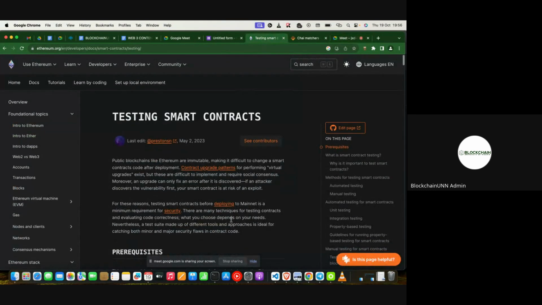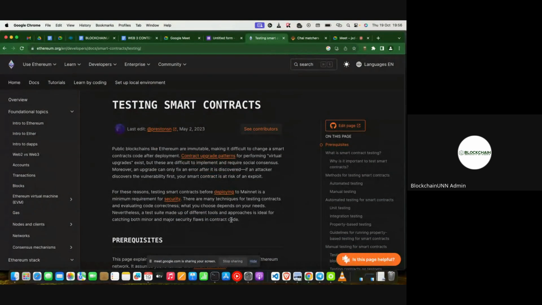Writing tests is very important, especially in a complex field like the blockchain, where your smart contracts, your code, are immutable. It means that once your code is deployed on the blockchain, it is not susceptible to change. And if they tell you that an action you take cannot be reverted,